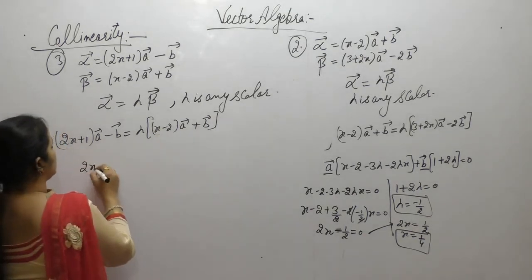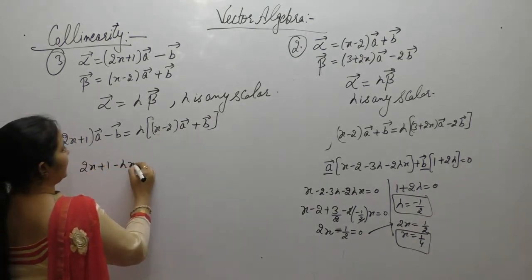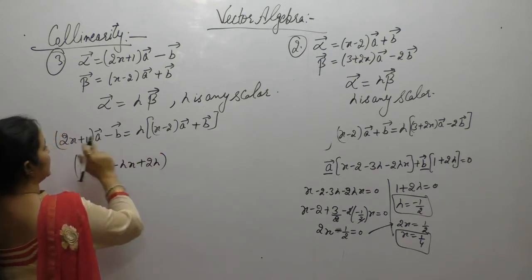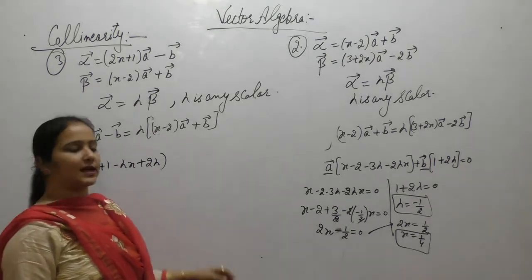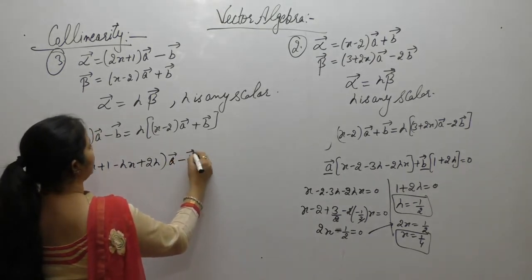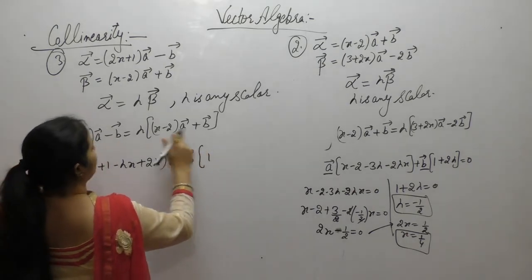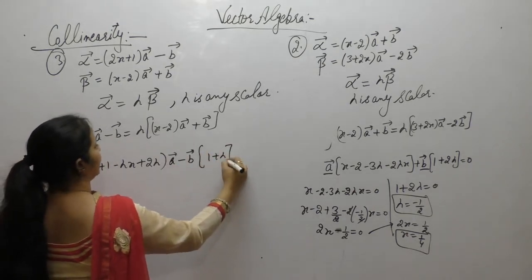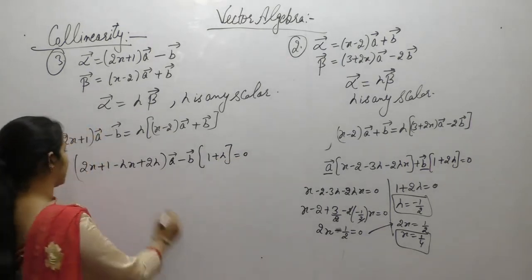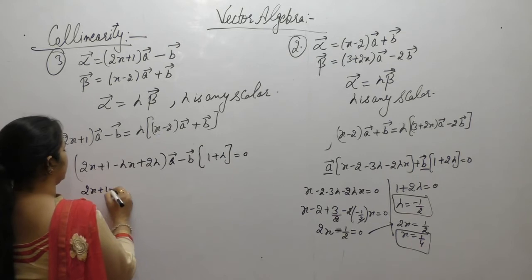Now it becomes (2x plus 1 minus lambda x plus 2 lambda) A vector minus B vector (1 plus lambda). Now A vector and B vector are non-collinear vectors, therefore this is equal to 0,